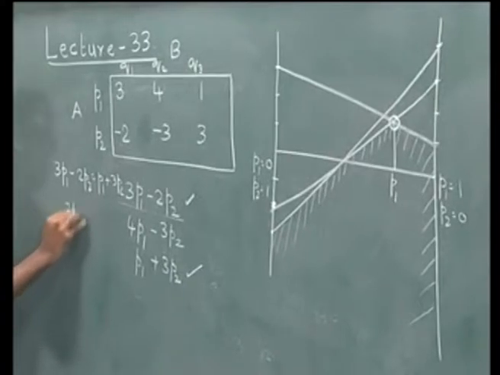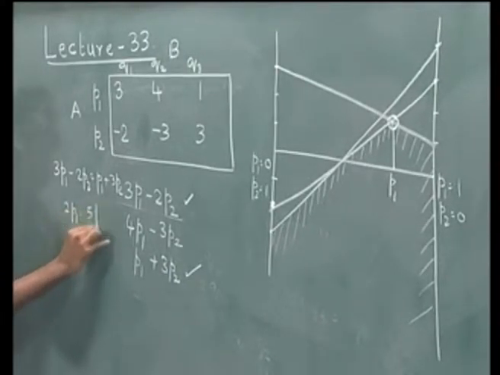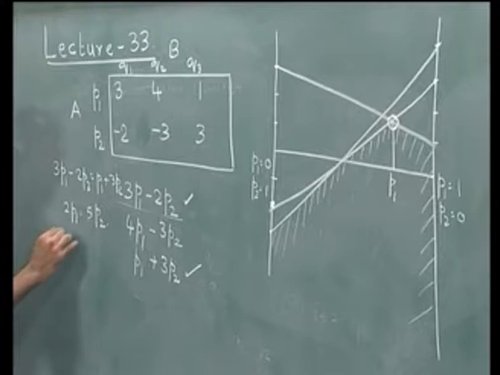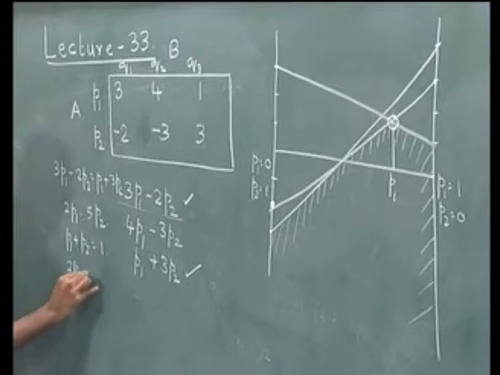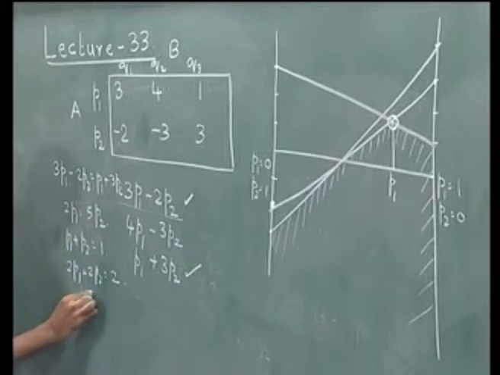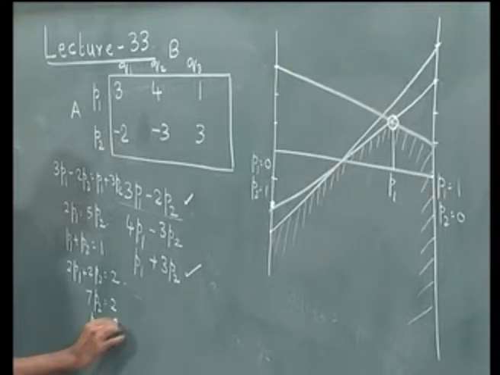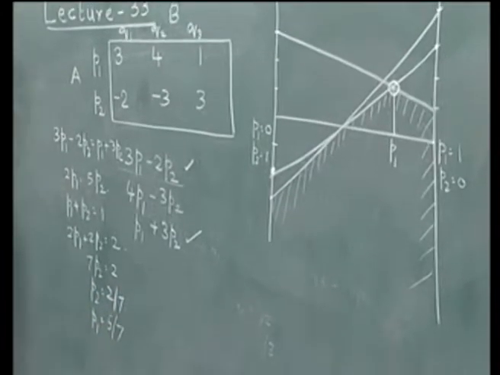This gives us 2 P1 is equal to 5 P2, and we know that P1 plus P2 is equal to 1. So, 2 P1 plus 2 P2 is equal to 2, and 2 P1 is equal to 5 P2. So, 7 P2 equal to 2, P2 is equal to 2 by 7, P1 is equal to 5 by 7,